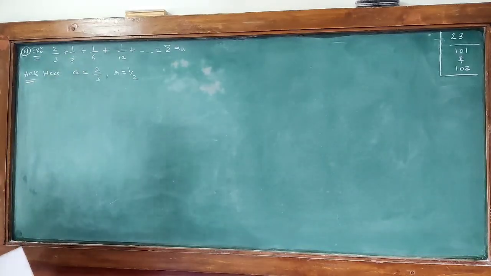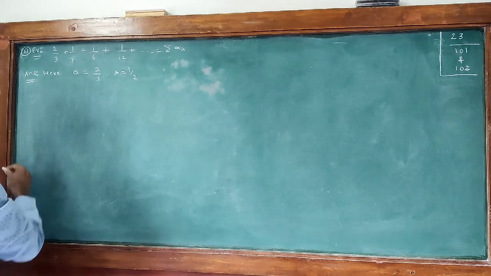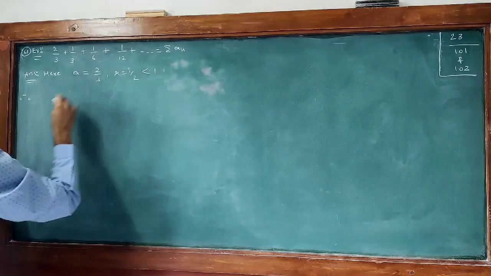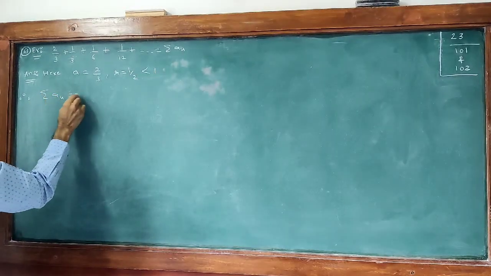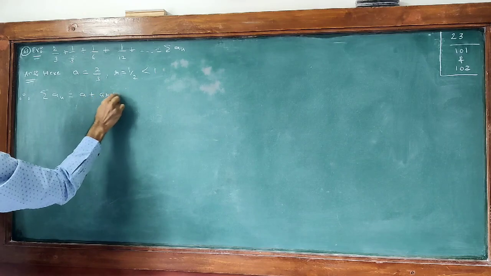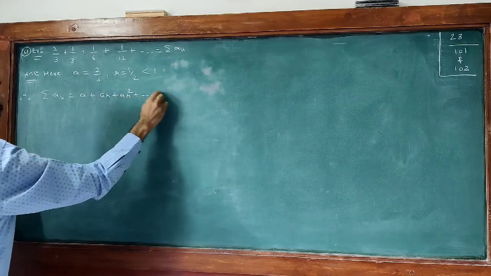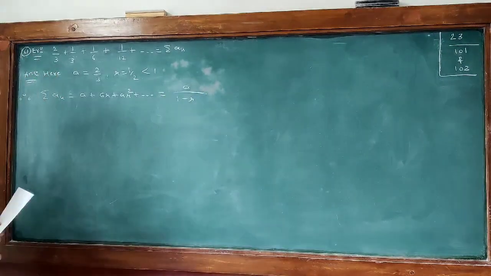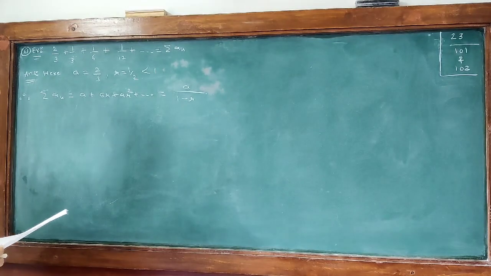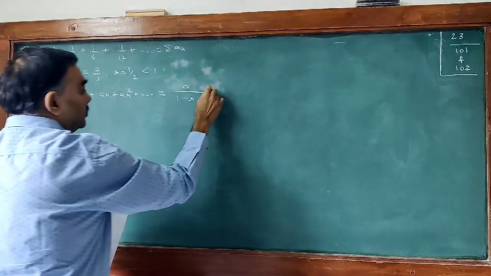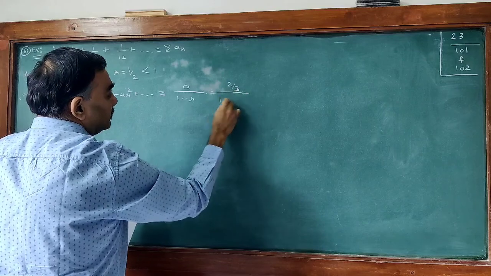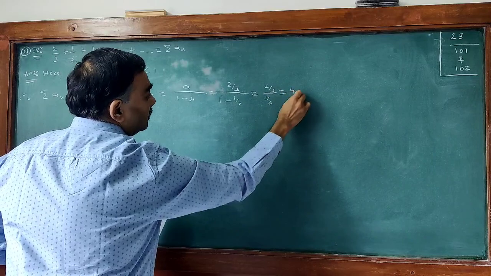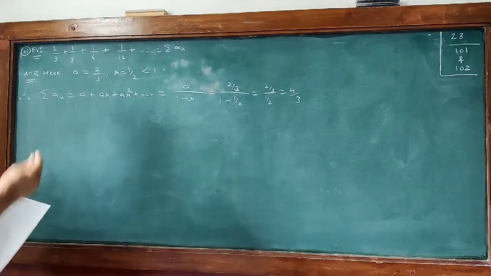It's a geometric progression, and therefore sigma a, this is obviously with r less than 1, is a plus ar plus ar square. So this is equal to a upon 1 minus r. So this is equal to 2 by 3. This is the answer, and therefore